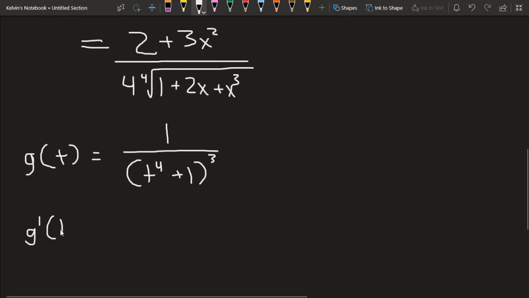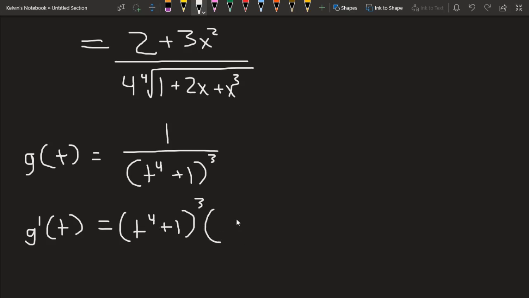So g prime of t is equal to, and then the quotient rule is low d high: low, (t fourth plus 1) cubed, times d high, so the derivative of the high is just 0, and then minus high, and then d low. So now we have to take the derivative of the bottom, and the derivative of the bottom would just be 3